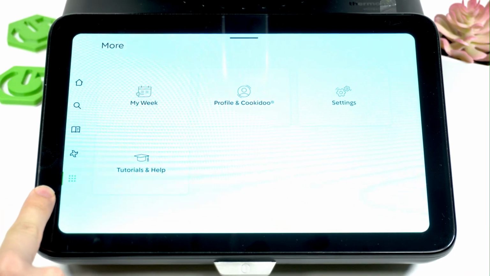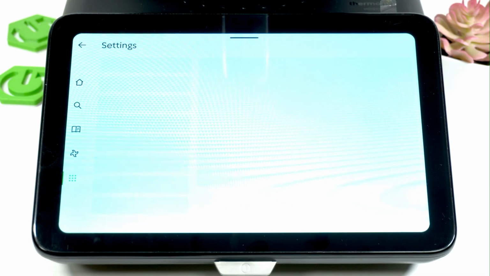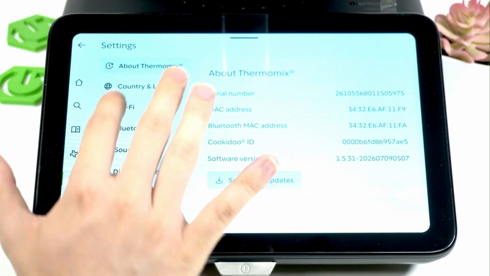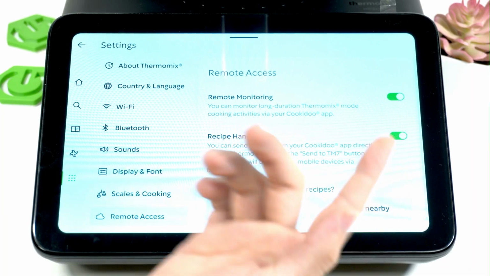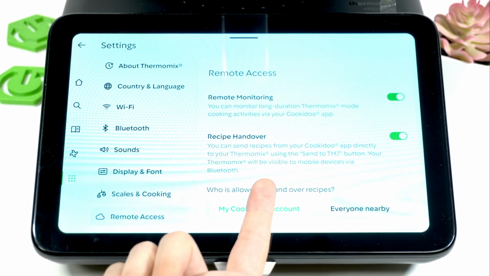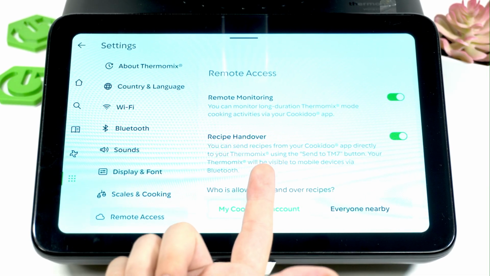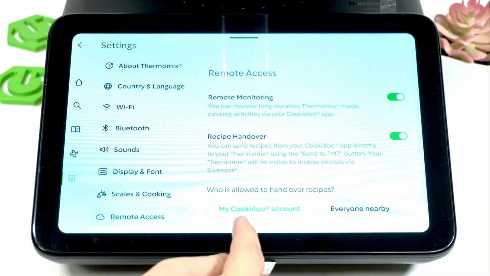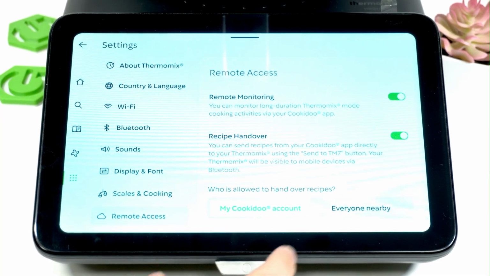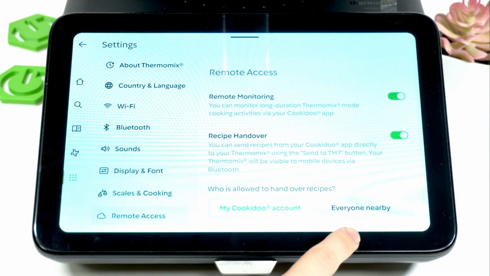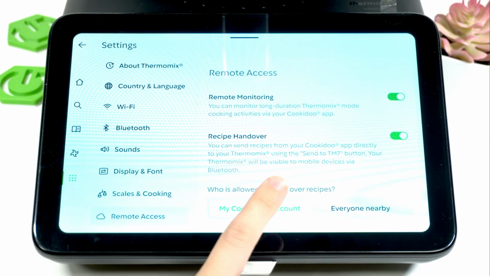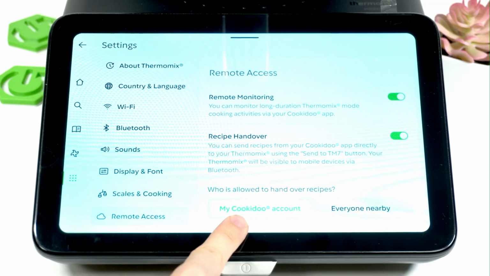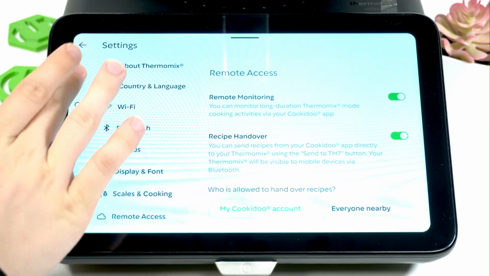Go to the 9 dots on the left sidebar, then go to the settings. Now in the settings, make sure to go to remote access and then enable remote monitoring. You can also enable Recipe Handover so you can send recipes to your ThermoMix directly from your phone, and you can set it up so that either everyone nearby that has the Kukito account can hand over recipes, or people signed into your Kukito account. I'll leave it on that, and now let's get to the